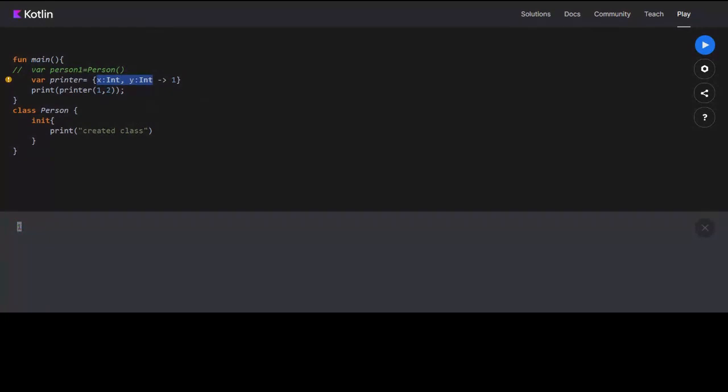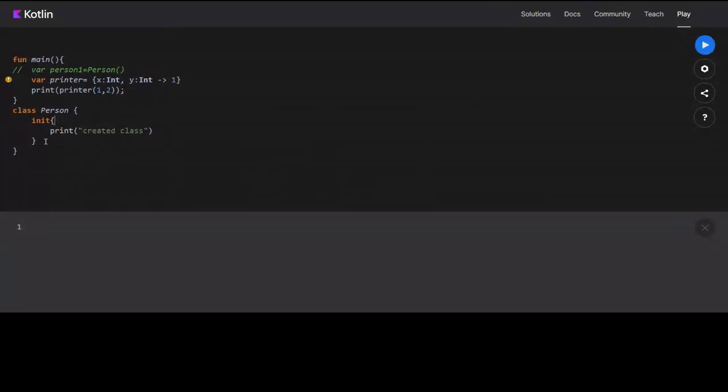Can you explain the init function again, and are all the components of a class public? Public and private, I was going to talk about that later. So the init block is something that is executed every time you create an object of a class.